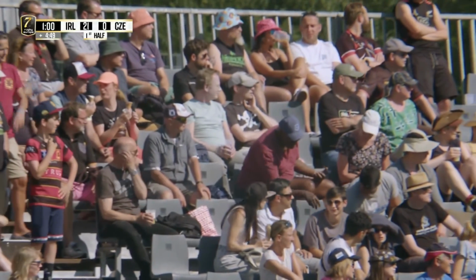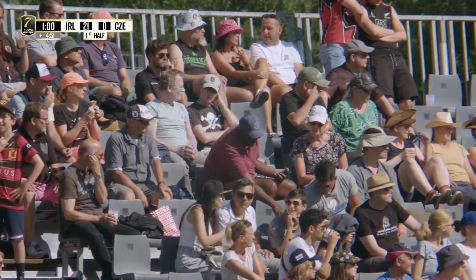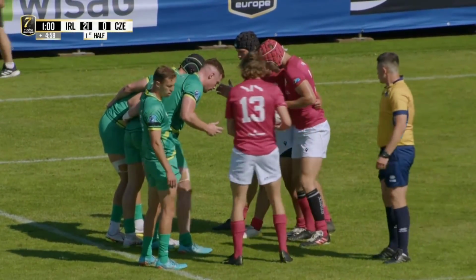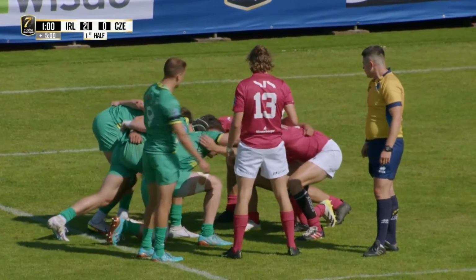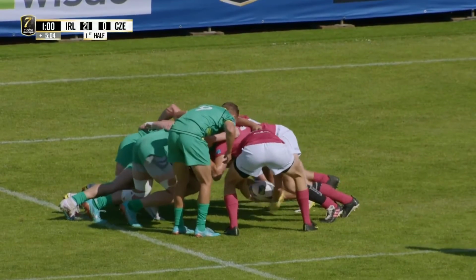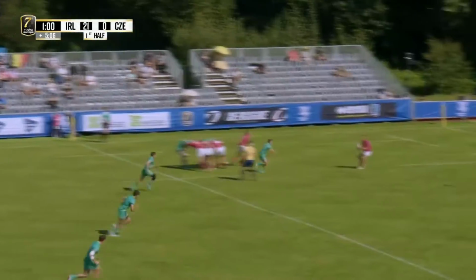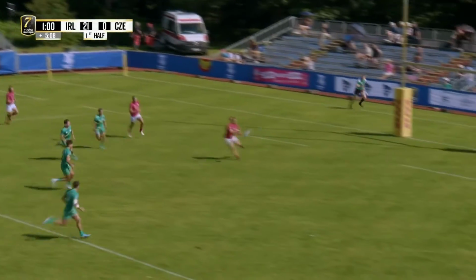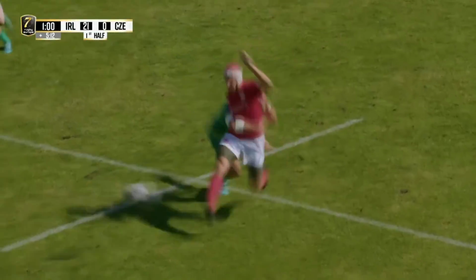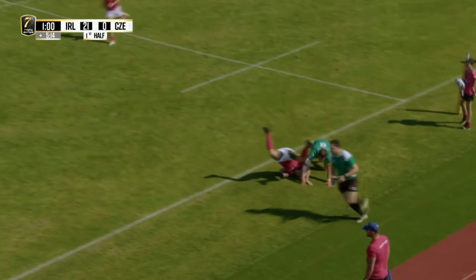Yeah, boys, keep it straight. Faster, please. This will be interesting to see what Czechia does now with this ball. They're deep in their own 22. Will they kick or will they run? Good win there. They move the ball to space. And the speedsters now trying to...